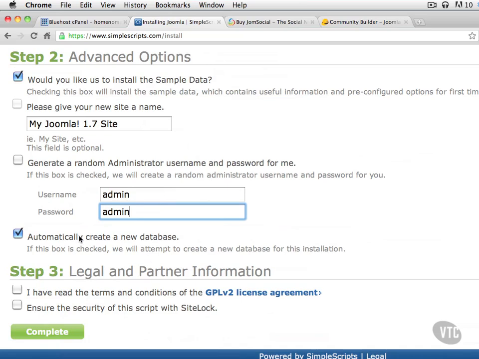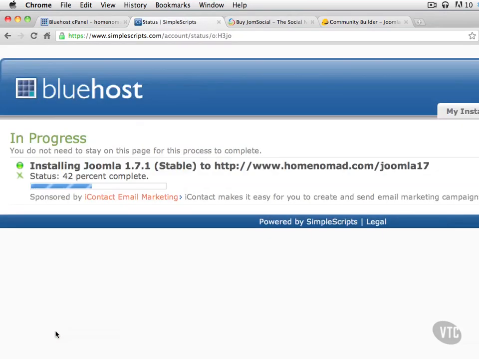I'm going to automatically create the new database. Later I'll show you how to self-install, and in those installations you'll need to create a new database, but I'm going to let the simple script or auto script create that for me. Click on I have read the terms and conditions of the license agreement. Click complete, and then Bluehost will go ahead and run this simple script to auto install Joomla